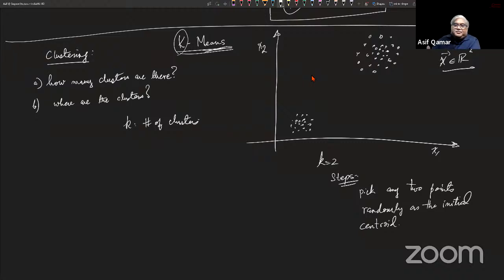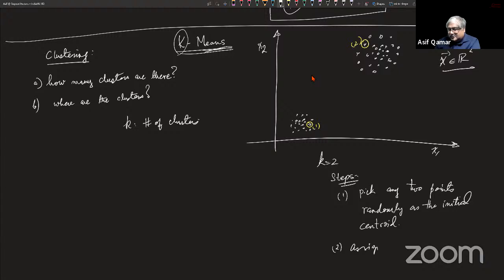So let us say that you pick, and of course I'm getting to the intuition first. Let's say if you pick randomly, you ended up picking this point, right? And also randomly, let us say you end up picking maybe this point. These are 2 random points that you picked up, right? Let me just call it 1 and 2, the second point. Then the algorithm says: